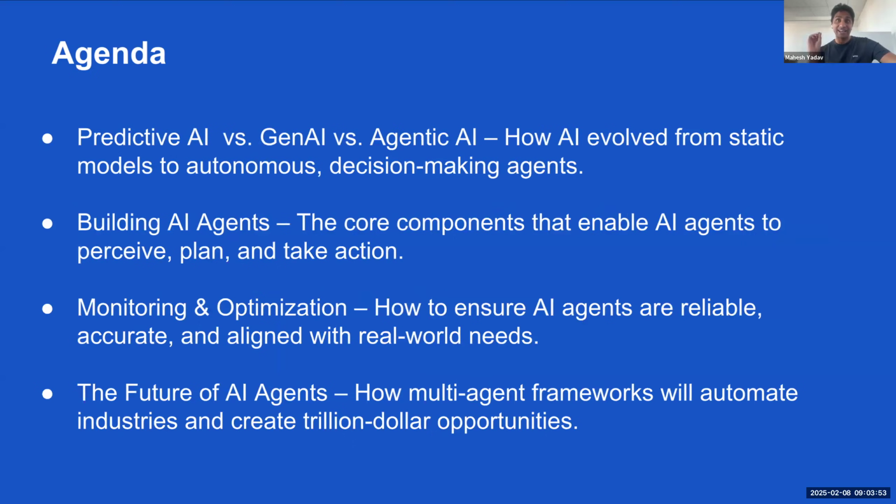So first, we're going to talk about predictive AI, GenAI, agentic AI. What are the differences? We'll try to evaluate them across 10 or more metrics and see how they are different, how you measure them differently, how their challenges are different. Because as a product manager, you need to know which product is in which category to decide investments, to decide stakeholders, to decide the feasibility of the program. So that's the first thing I think you should build that muscle.